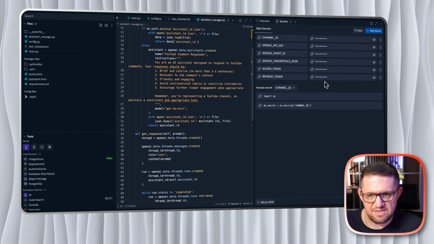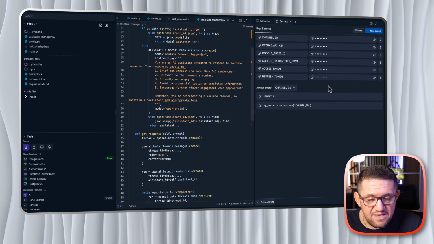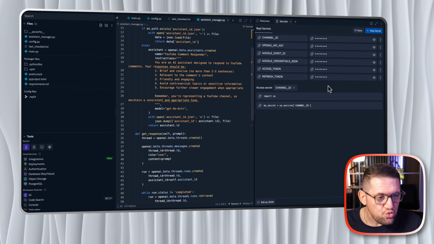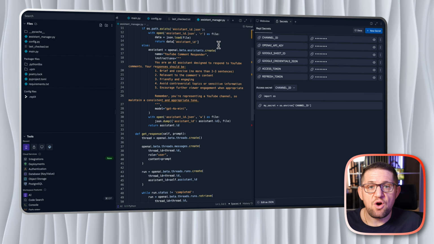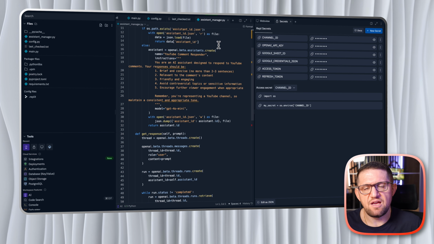I have something already set up. And with this, we are now in a place to run the application. Before you run it, I just want to highlight one thing. If you go